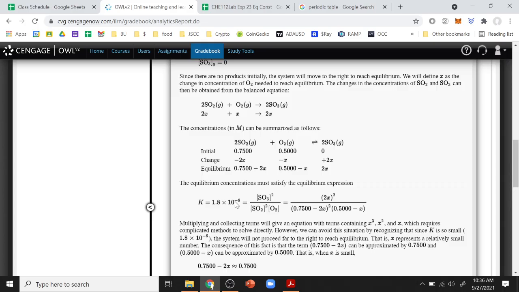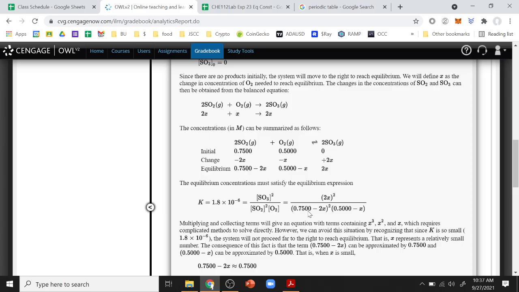Notice whenever you solve these, it's something on that order, right? Usually within one order of magnitude of this K number, isn't it? If you get a 10 to the negative 6, this stuff up here is not 10 to the positive 6. It's 10 to the negative 5, 10 to the negative 7, something in that range. And so if that x is some number near 10 to the negative 6, what would happen